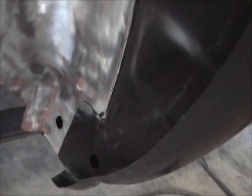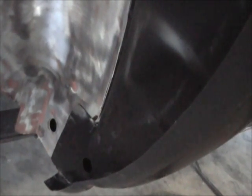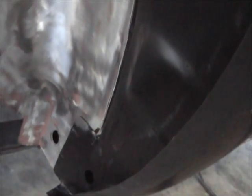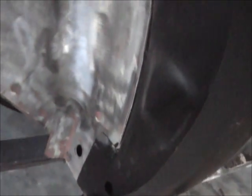Go ahead and do it right, so as to just cover it, because no one will ever see that. I get it, but you know, we're doing it. Let's do it right. So I'm gonna go ahead and cut a little patch for that, weld it in. You know, another thing I was gonna say,